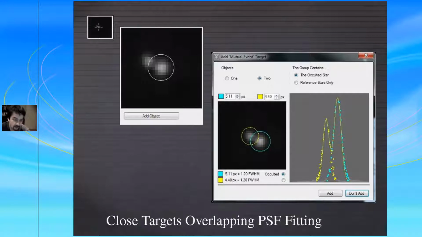And if I go back to how the mutual close targeting works, if you have in Tangra two objects which are too close, and in this case these are two of the moons of Jupiter, when you click on them, then Tangra will automatically detect that they are too close, so they overlap, as you can see from this image, and it will automatically fit the model of the joint PSF.